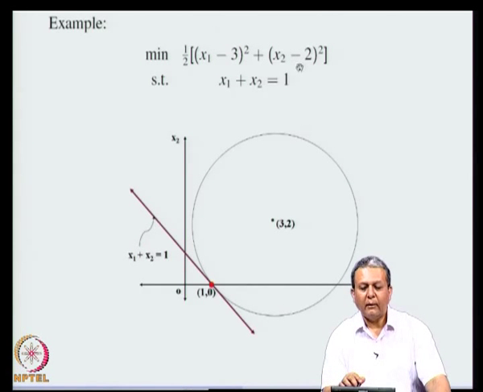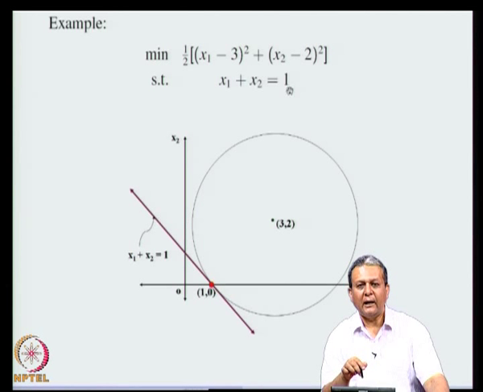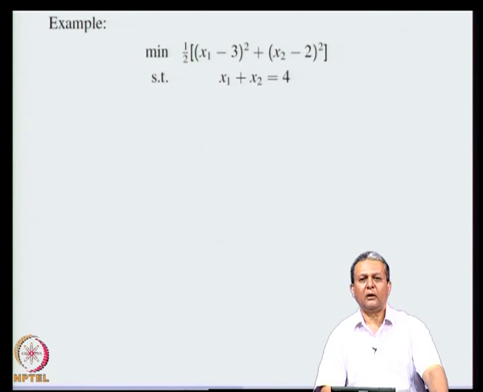Now, by writing down the Hessian of this objective function and writing this constraint in the form Ax equal to b, where A is a 1 by 2 matrix which contains both entries to be 1 and b is a 1 by 1 matrix with value 1, and if you use the formula that we saw earlier to find x, then you can verify that this is indeed the global minimum of the given problem. Now, let us see another example.